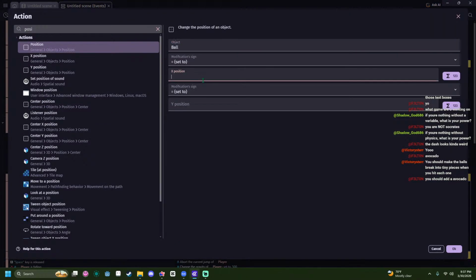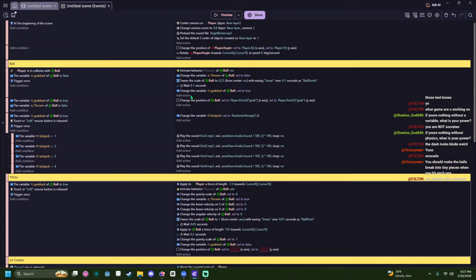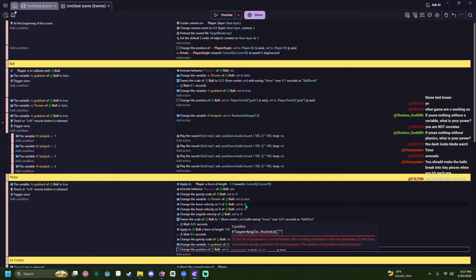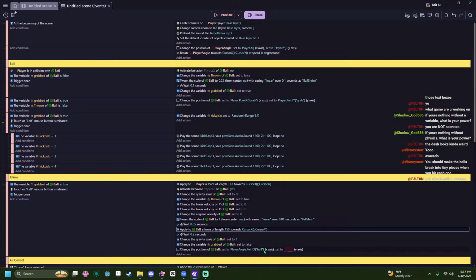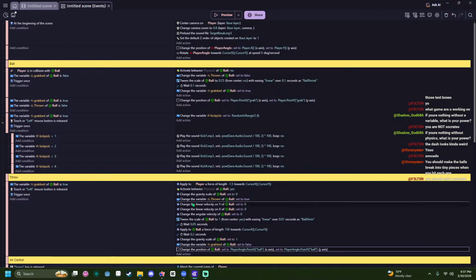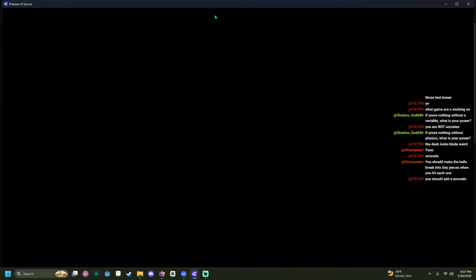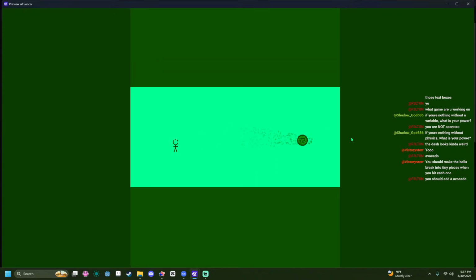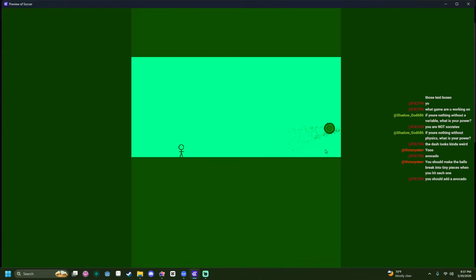Set it to, what do we call that thing? Player angle. Player angle dot point x. Point x. What do we call it? Ball. And then same thing for here, but with a y. Boop. And then it needs to do that after it becomes thrown, because otherwise it's going to teleport right back to the player's hand. And then, yeah, you can even see it. Perfect. Yeah, that's so much better.